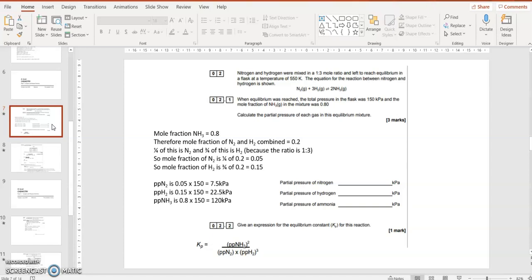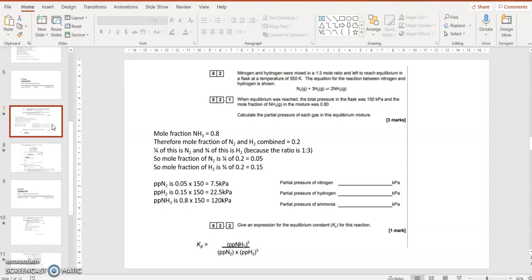That means that 0.8 out of 1, 80%, 0.8 as a fraction, is ammonia. So the remainder, the nitrogen and the hydrogen, must be 0.2 as a fraction of 1 mole of the total mixture. Now they're in the amounts 1 mole to 3 moles. So if 0.2 of the mixture is nitrogen and hydrogen combined, and they're in a ratio 1 to 3, the nitrogen is 1